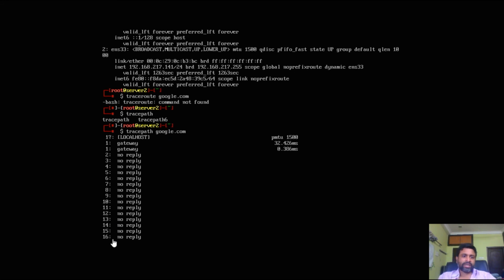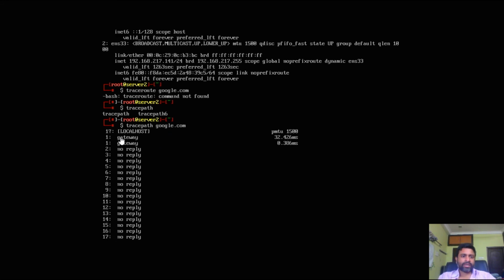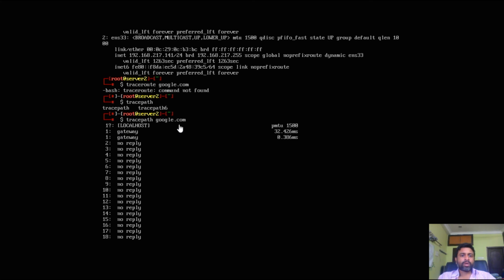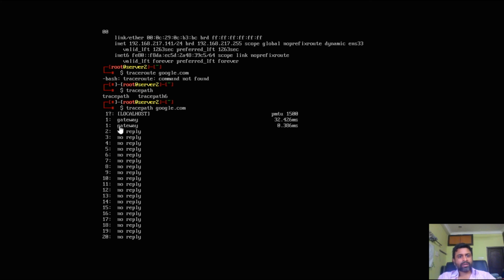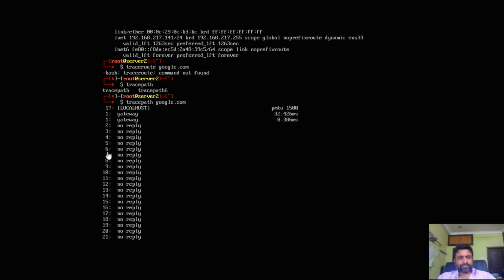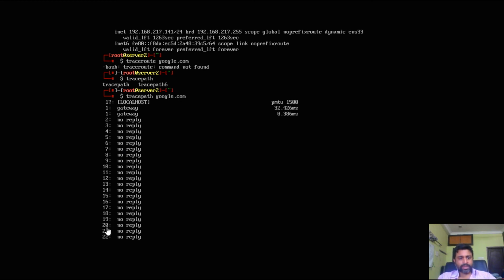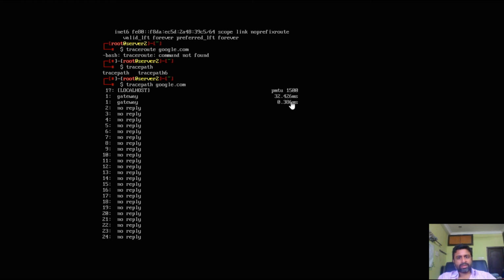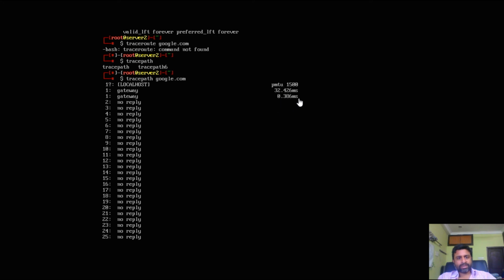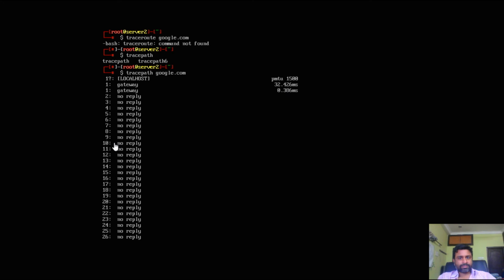So this is the path taken by the data packet. When I type google.com, this is the route taken by the data packet to travel across the internet. So these are all the hops after the gateway. The gateway is nothing but the local router. It also shows the time taken to reach, which is specified in milliseconds.